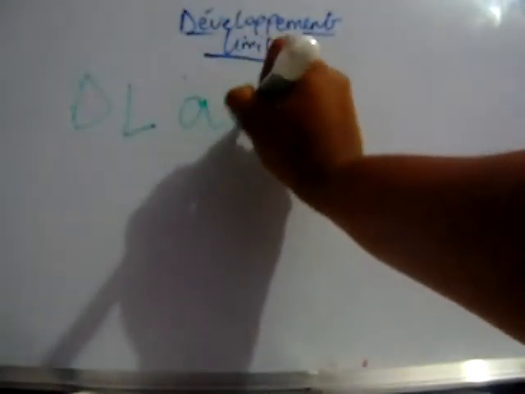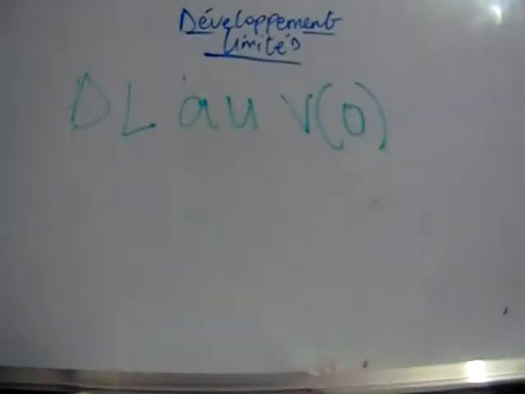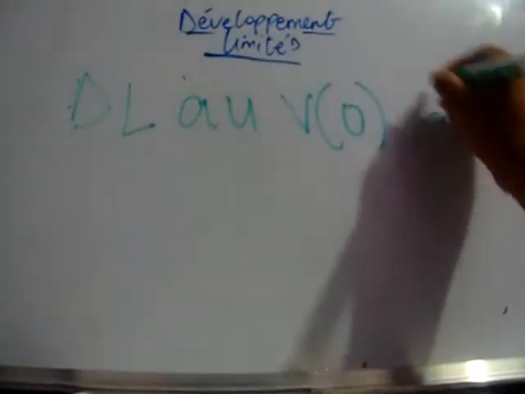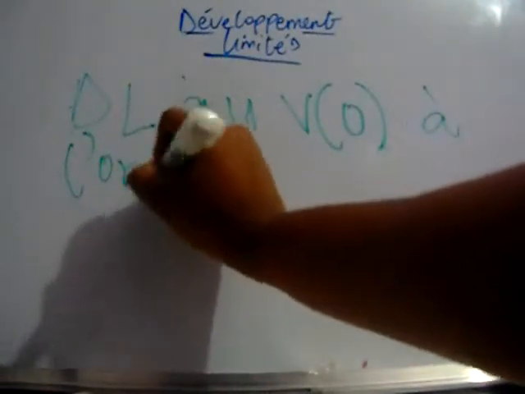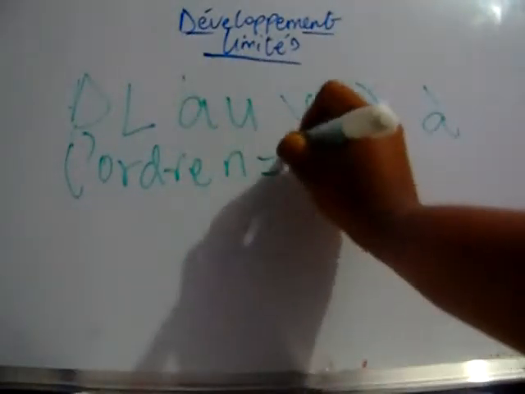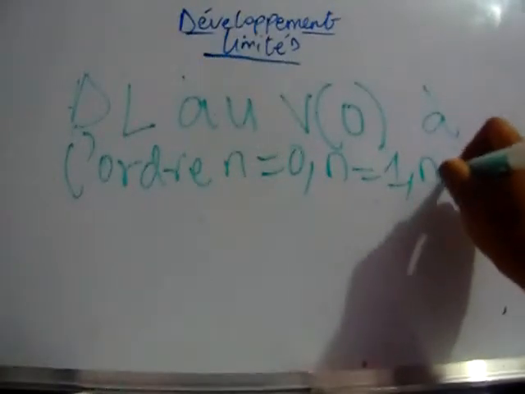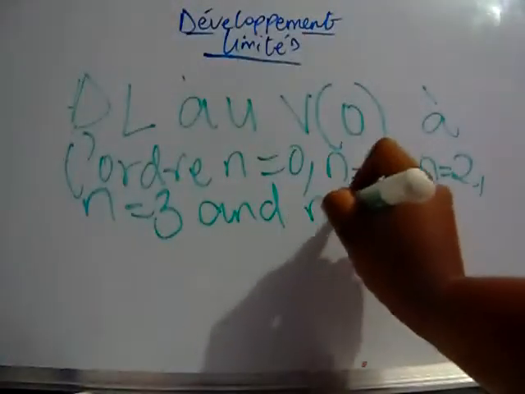Our first exercise, we're asked to give the DL au voisinage de 0. Same thing, we explained voisinage de 0 in our previous video. So we're asked to give the DL au voisinage de 0 à l'ordre n equal to 0, n equal to 1, n equal to 2, n equal to 3, and n equal to 4